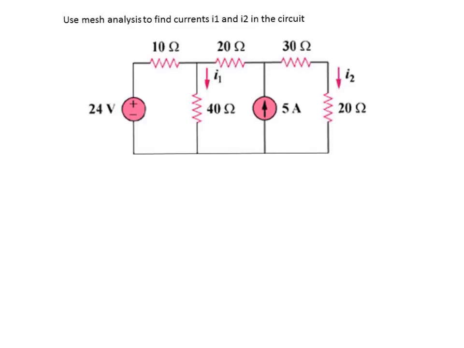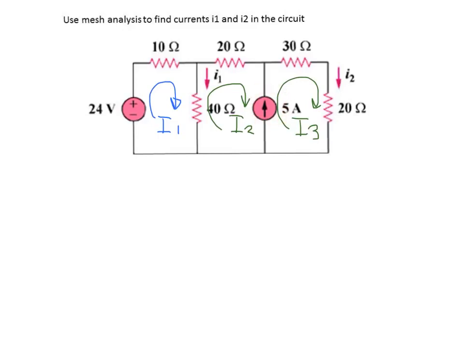And as always, we start in mesh analysis by assigning the mesh currents. We can see that there are 3 meshes in the circuit. Let's call them the first mesh with the mesh current I1, the second mesh with the mesh current I2, and the mesh number 3 with the mesh current I3. To make everything convenient, we'll make mesh currents go in the clockwise direction. But the interesting thing is that between